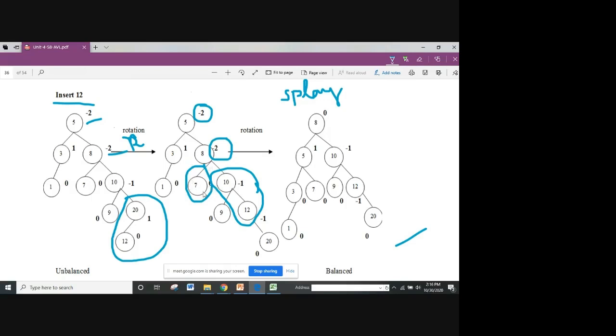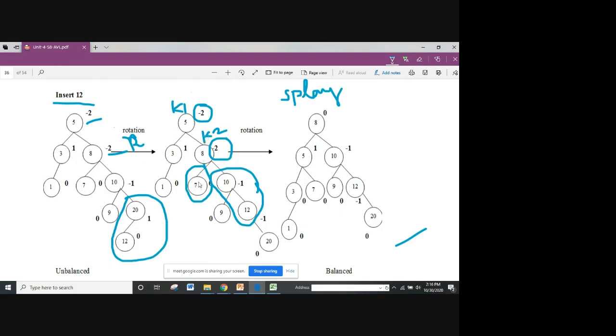So 7 will be replaced. If this name is given as K2, you have to assign K2's left to K1's right. Understood? If this is given as K2 and this is given as K1, if I'm rotating K1 and K2, you have to give that line wherever it is applicable. It will work, I think so. So here,